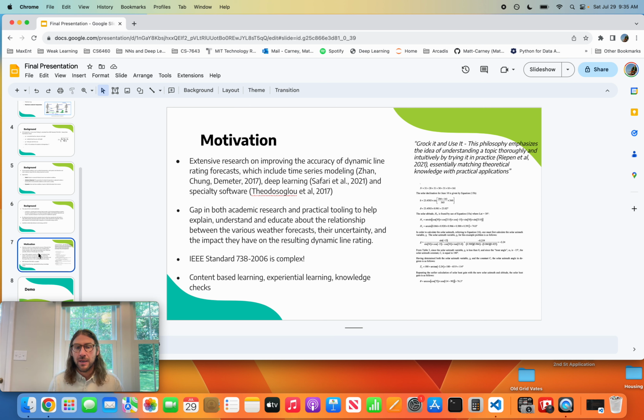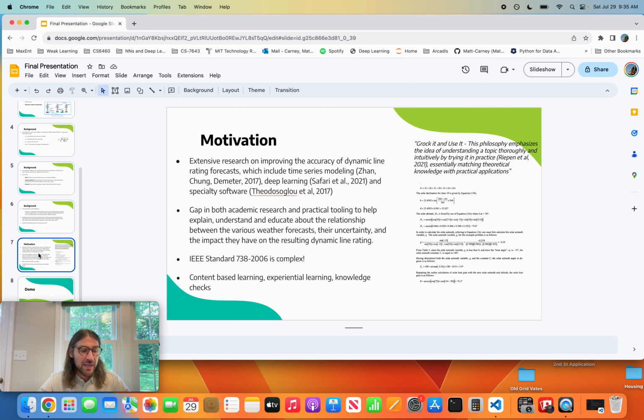line rating. As I mentioned before, the dynamic line rating is based off of an IEEE 738-2006. It's a first principle based equation, but it's pretty complex and it doesn't seem very intuitive to me. So so many of the